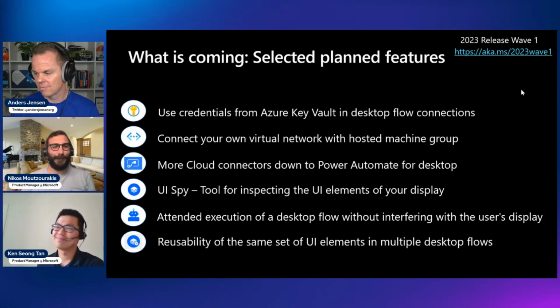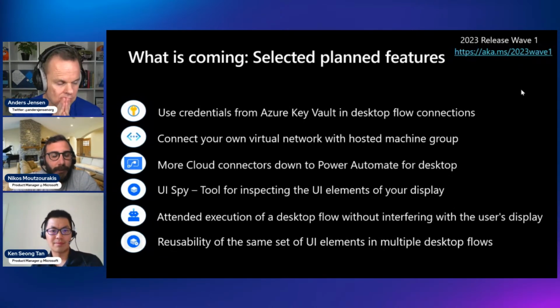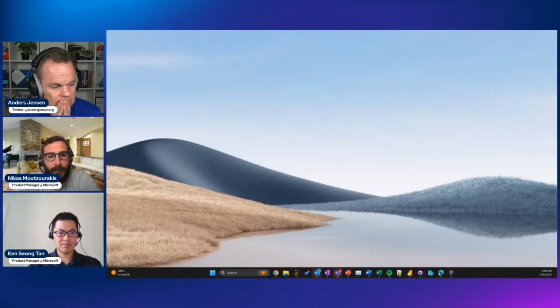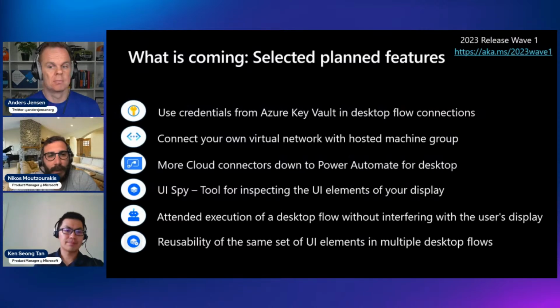Yes, of course. Thank you, Ken. So the next feature that's coming is bringing down more cloud connectors to Power Automate for desktop. Right now, we have the SharePoint group. In the next few months, we will have more and more cloud actions be part of Power Automate for desktop and used in desktop flows in the same fashion as a user can use them in a cloud